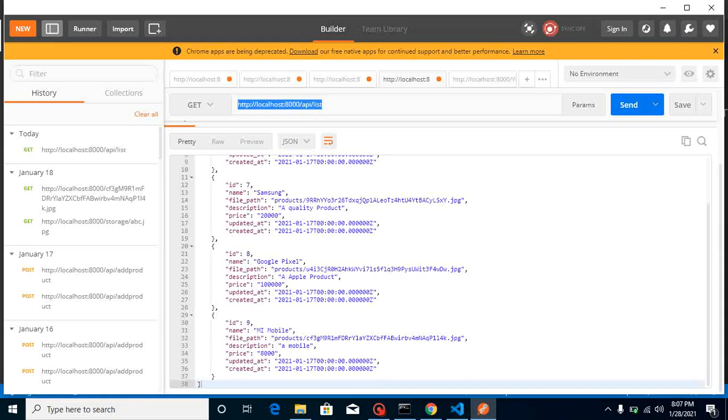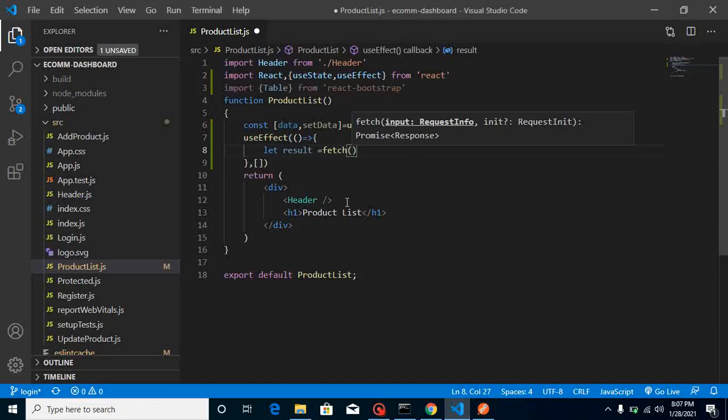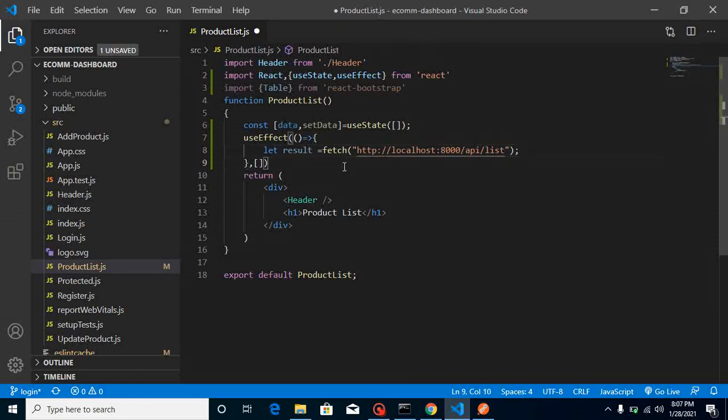Let's provide our URL to this fetch method. And as you know, we have to resolve this promise, so we can use .then, or we can use async await. Async await is the recommended thing, so I will use async and await for the result of this fetch.